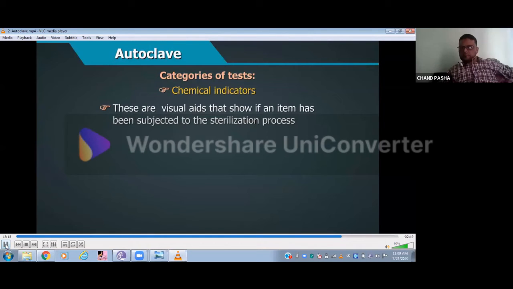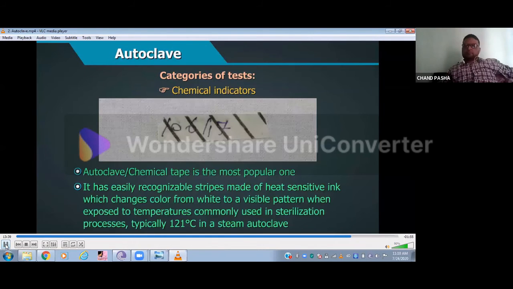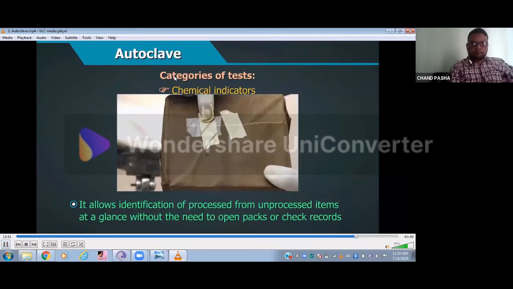It has easily recognizable stripes made of heat-sensitive ink, which changes color from white to a visible pattern when exposed to temperatures commonly used in sterilization processes, typically 121 degrees centigrade in a steam autoclave. It allows identification of processed from unprocessed items at a glance without the need to open the packs or check the records. Though the color